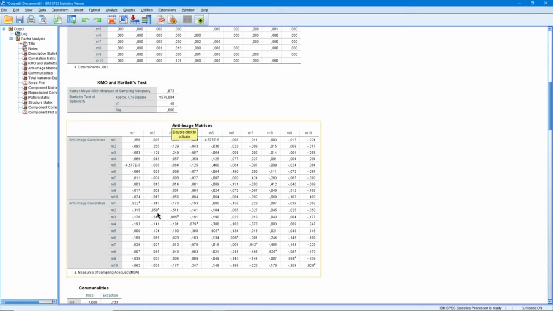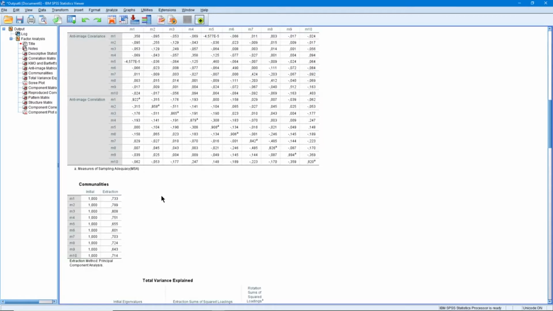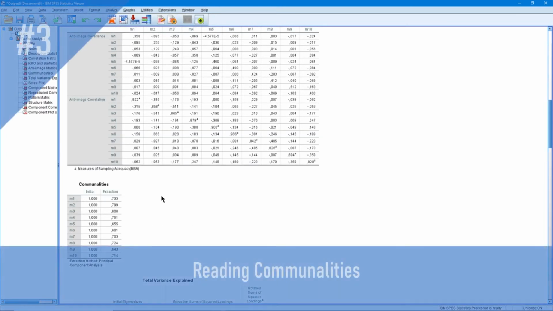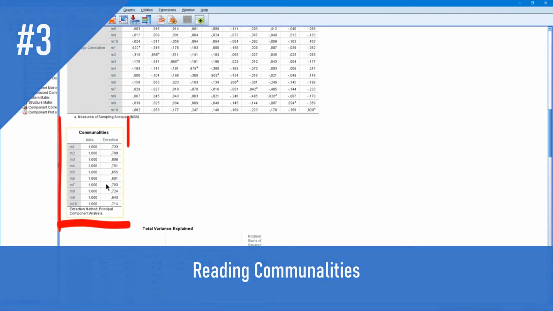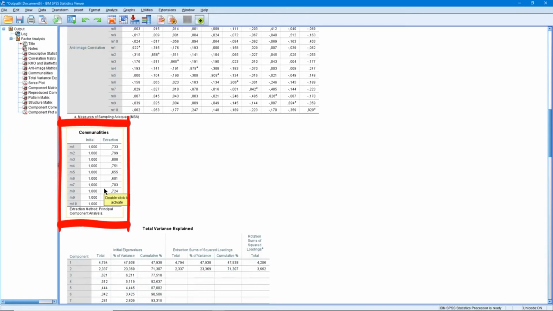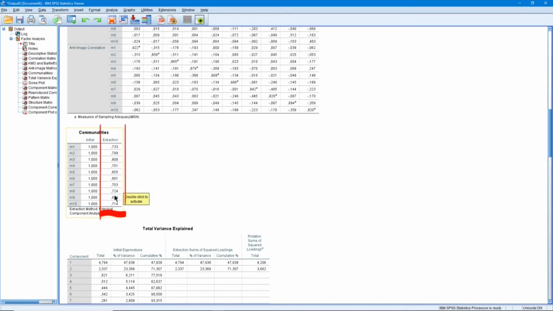After doing this, we have now completed the second stage. We said that we will go through 4 stages before we move on to the main findings of the factor analysis. We have completed the second phase. In the third stage, we examine the table called communalities, showing the common variance. This table shows us the variance explained by each item in the scale, or the common contribution of each item.